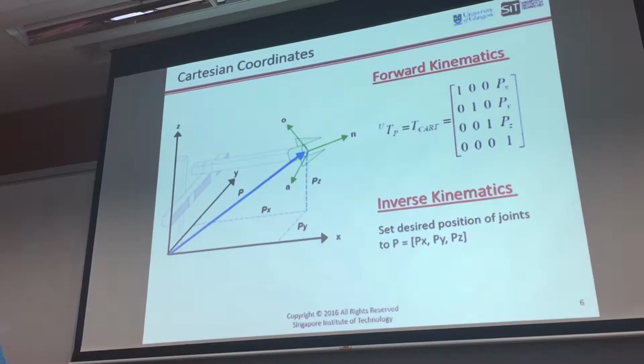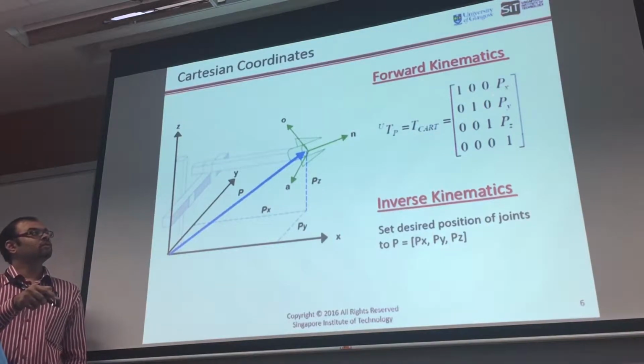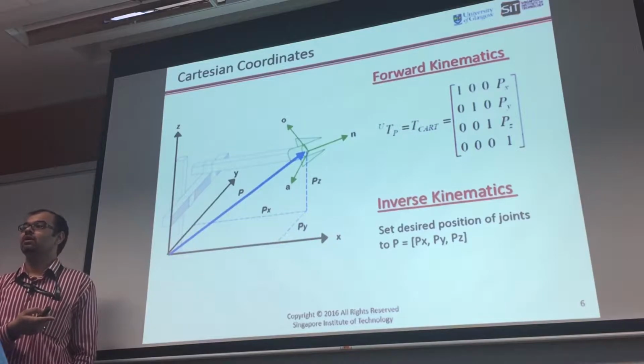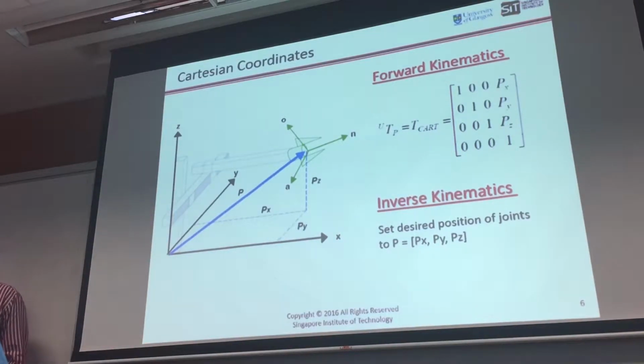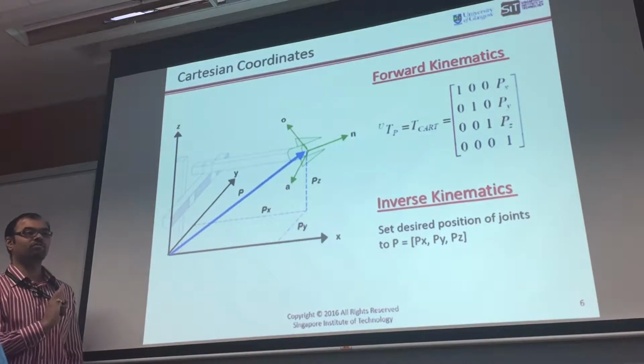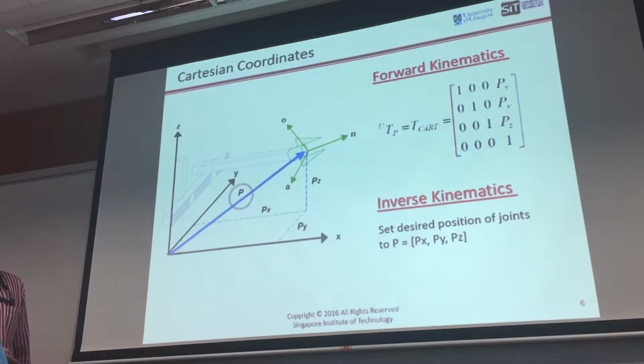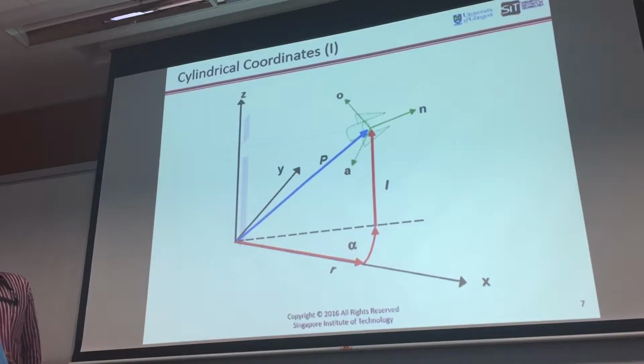And for Cartesian, the forward and inverse is very straightforward. Whatever position you want to go to, that's the value you put into the actuator. That's what you get. If they give you Cartesian, wow, you should be very happy. It's just a straightforward answer. Don't need to do much calculation. Cylindrical,